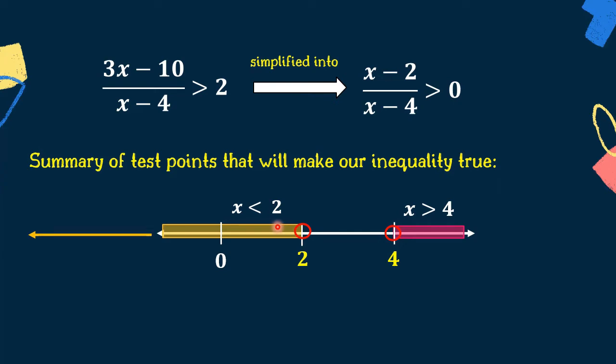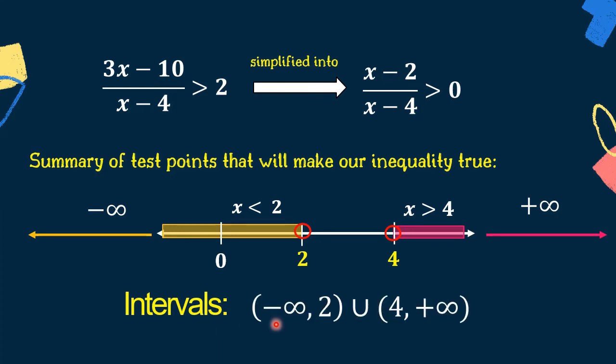And take note, if we extend our arrow to the left, we can say that it goes until negative infinity. And if we also extend the shaded part here, we can conclude that this part is positive infinity, because we have a lot of positive values which are greater than 4, and also a lot of negative values which are less than 2. So therefore our intervals, which is the solution to our rational inequality, is written as open parentheses negative